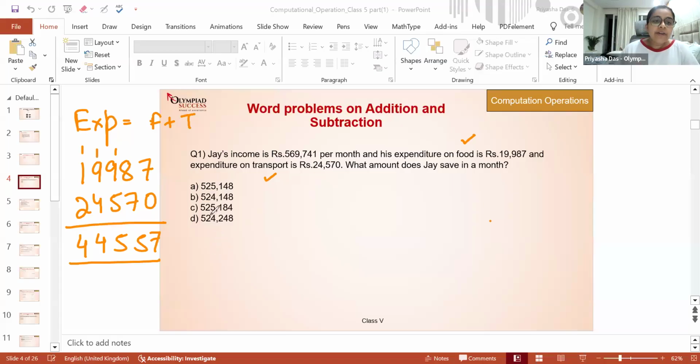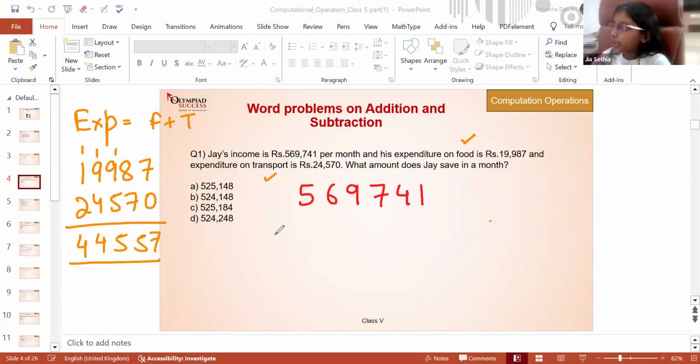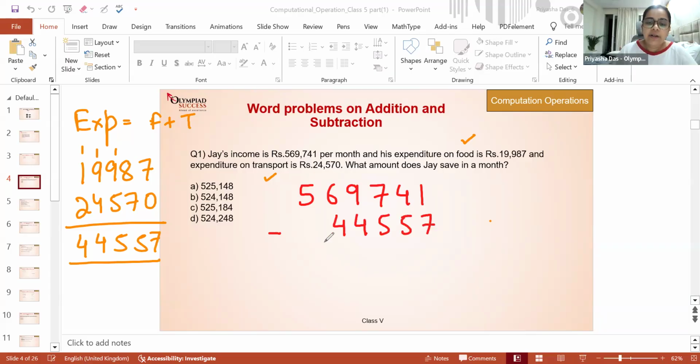So next we will start with completing the expenditure. Now we will go on to finding out what was the total amount given to Jay. That is the income with Jay. So Jia, you help me in this one. The total income is 5,956,9,741. And I have to subtract or add. Subtract, ma'am. Very good. Now tell me what's the final answer you get.